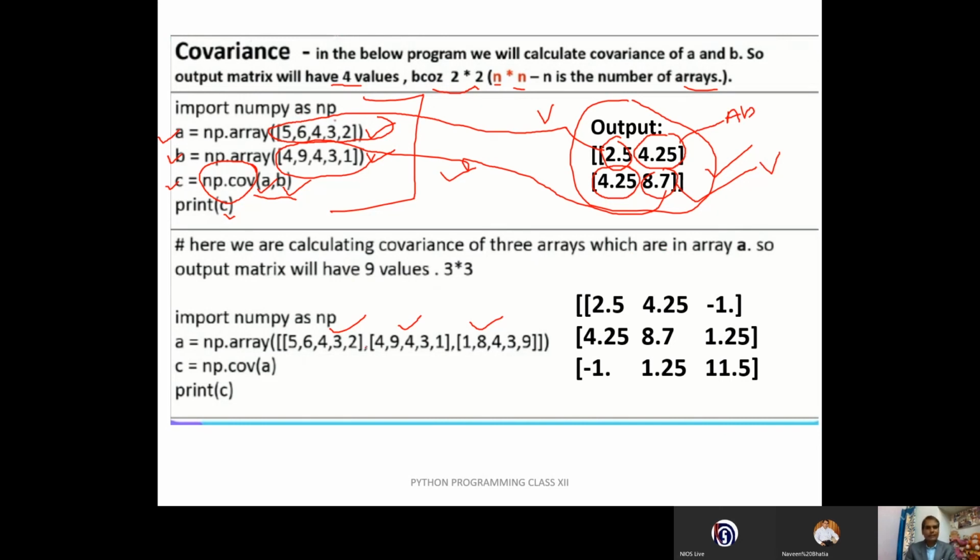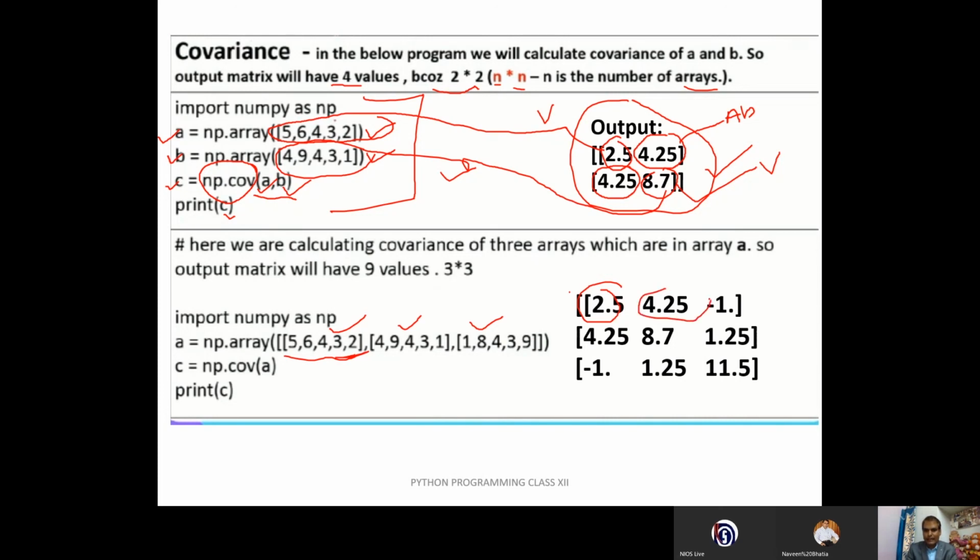In this example also, we have a number of rows, so multiply the number of rows, 3 multiplied by 3. Now we are finding the covariance. You can see the matrix generated. This is the first row, this one is the variance.